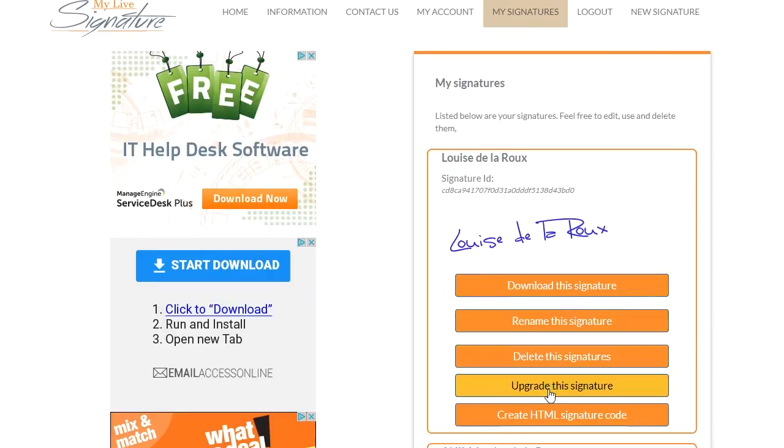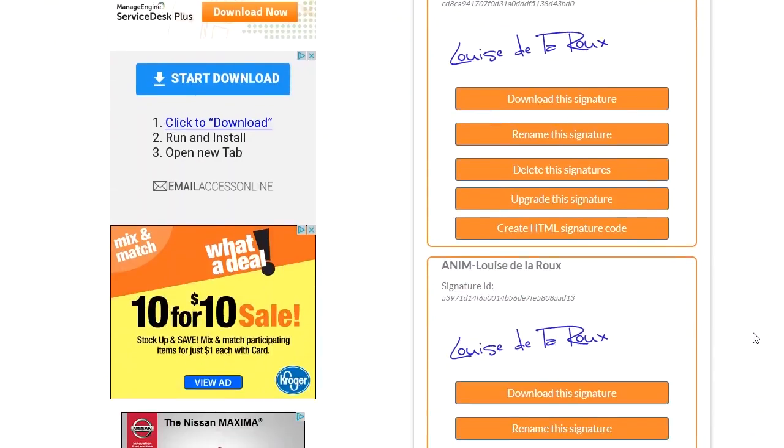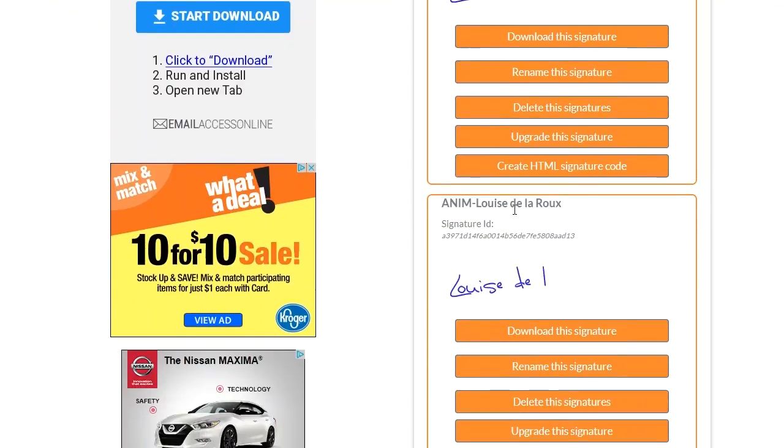You can rename it, you can delete it, you can upgrade it. I've never bought an upgrade, so I don't really know what they do. You can then also create the HTML signature code, which I'll show you in a second, but you can also have an animated version now. You might want to do that. I think it's just a waste of